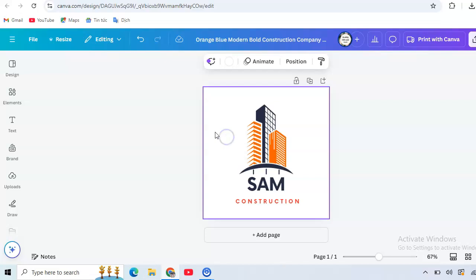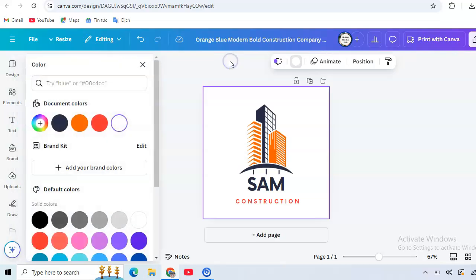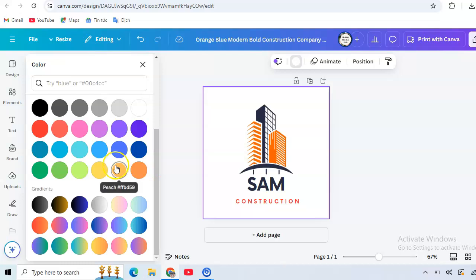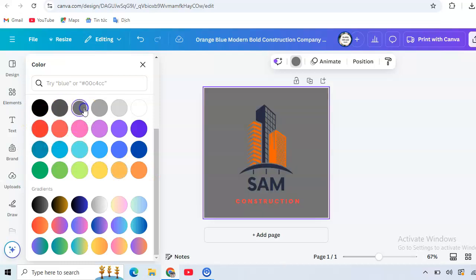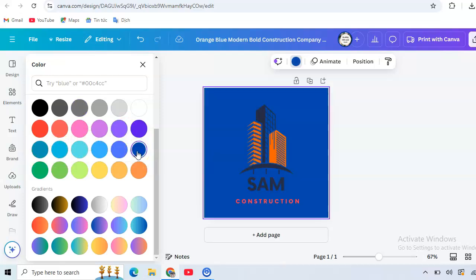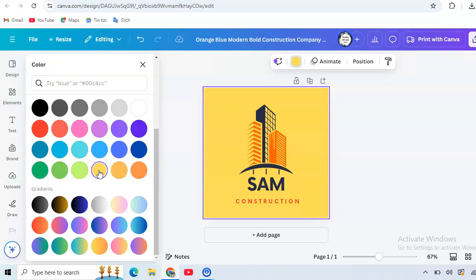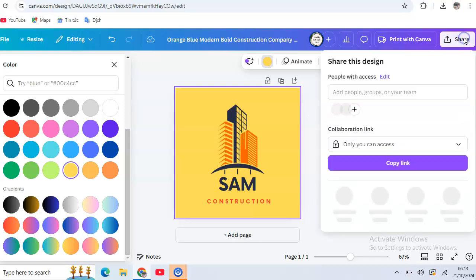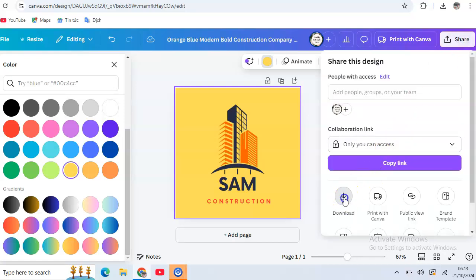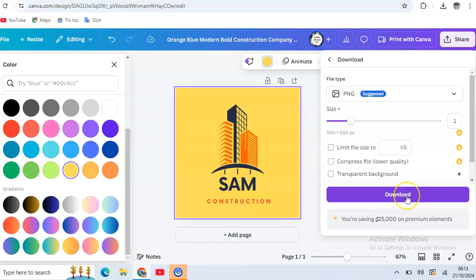And then if you want to change the background, just click here, and here background color. Just try, for example, gray or blue or yellow. Yeah, and then when you are happy with the templates, just click share, and then download, and then download